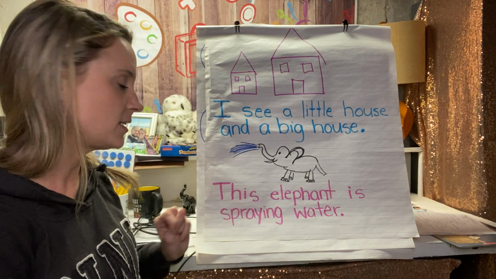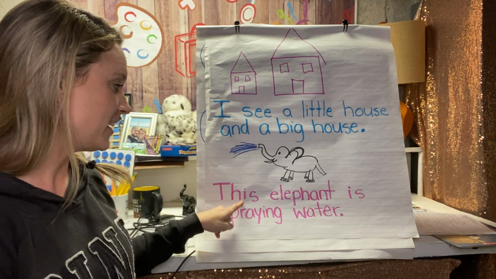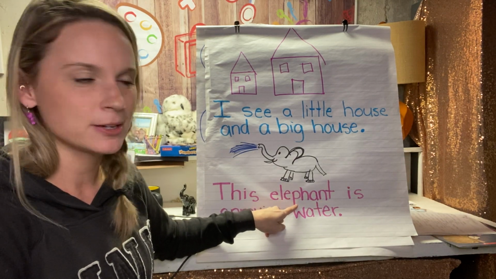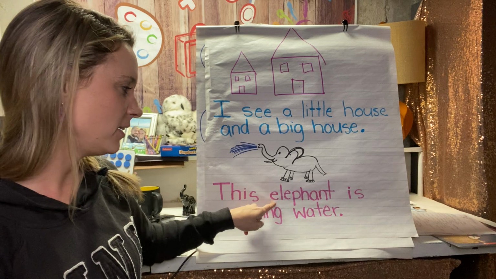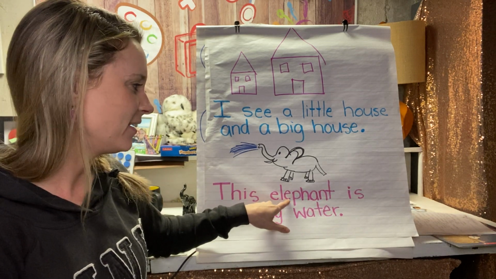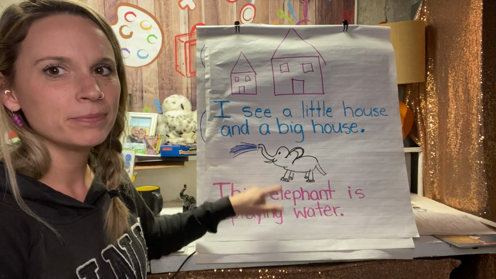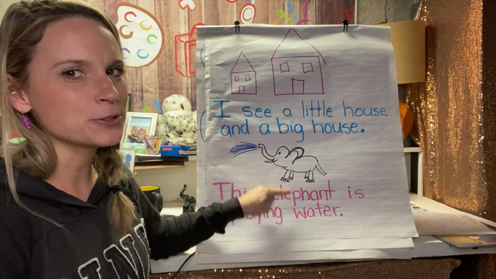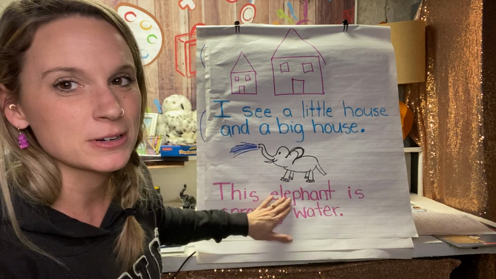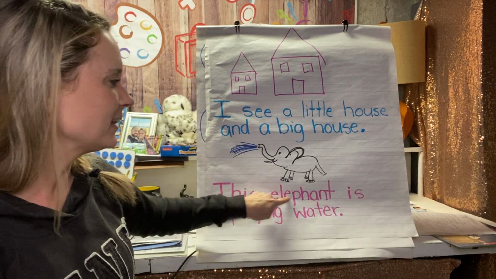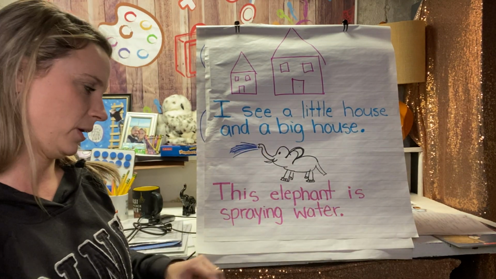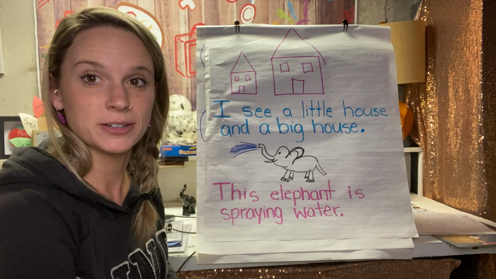Okay, this sentence says, this, already a word I don't know, I'm stumped. However, if I look here, this sounds about right, doesn't it? Elephant. I'm going to go back to this word in a second, but so this elephant, all right, I got it, is, oh boy, I have no idea, is,